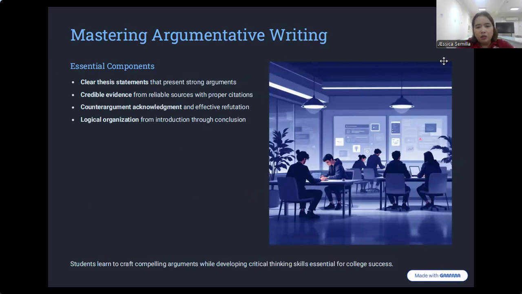So under also high school, going to college, they need to master the argumentative writing because most of the academic papers, they are requiring argument. So argumentative way of writing, like giving clear thesis statement, credible evidences, counter argument, logical organization. So if you're going to look at it, most of the topics and most of the activities are like this: identifying the thesis statement, identifying reliable sources, identifying if you have sound reasoning, and identifying how you organize your thoughts. So you need to, as a teacher, master how our students will identify that.